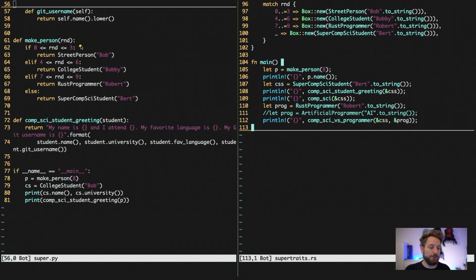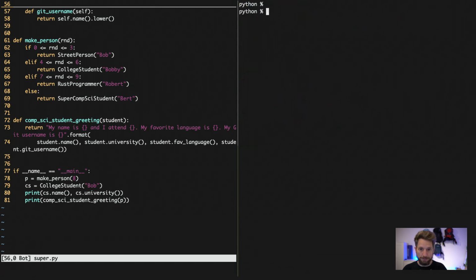Since I'm using now again the normal Python version, I don't have pattern matching. Yep, the street person is happening and all the other stuff exactly like here. And then we have our CompSci student greeting. Down here, I create a person, I create a college student, and we try to use that for the greeting. Now let's run this Python code first. This means hopping over, then swapping to Python,